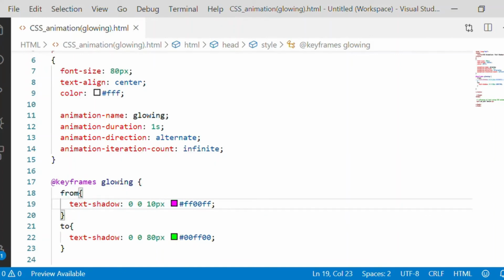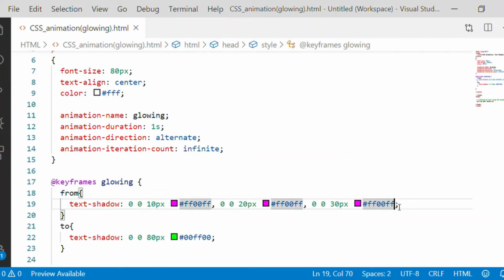To get the actual glow effect, we have to modify the text shadow and give the effect for each pixel. Like a ripple effect, we will put steps for each blur effect up to 80 pixel, which is the size of the font also.